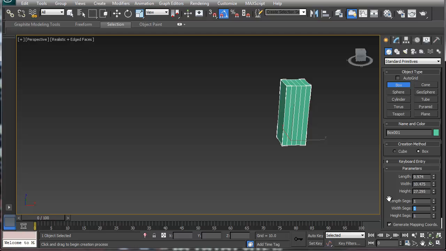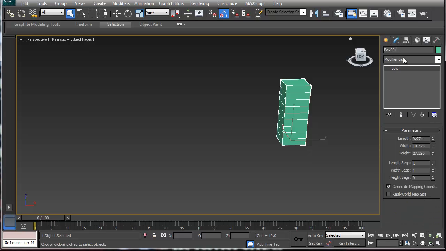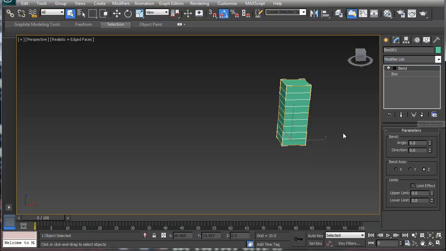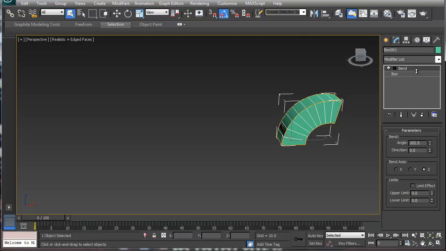So say I was to take a look at this, and I want to bend this, or rotate it around. Say I'm doing a light post or something like this. What I could simply do is add that bend modifier in there, and bend it in the direction that I need. And now